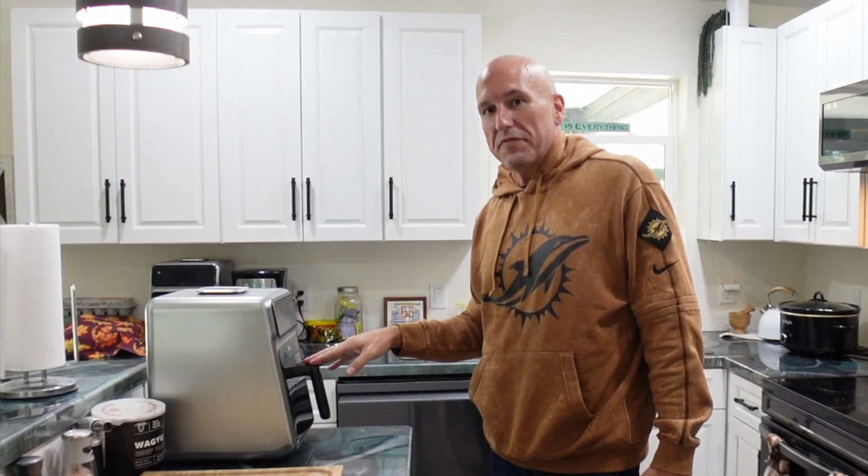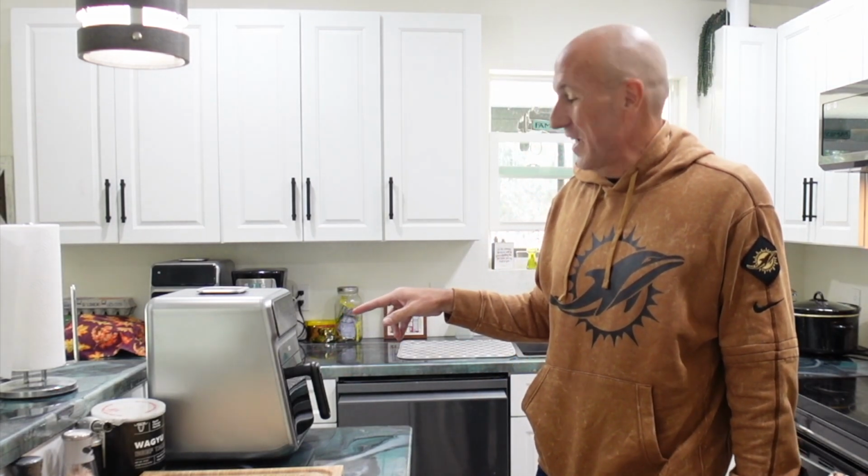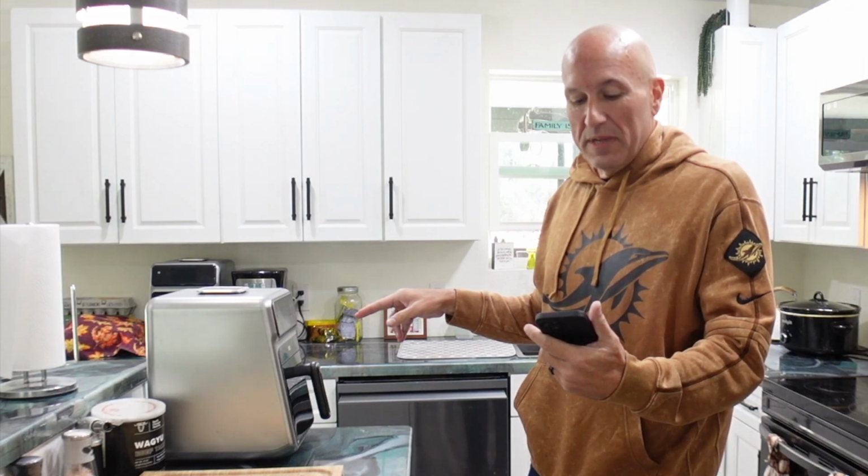And now here at 55 minutes in, it's in the browning stage. It shows 5 minutes left on the timer. I'm at 55 minutes and 40 seconds total. It is taking a little longer than your typical air fryer, but like I said, it's in the sous vide